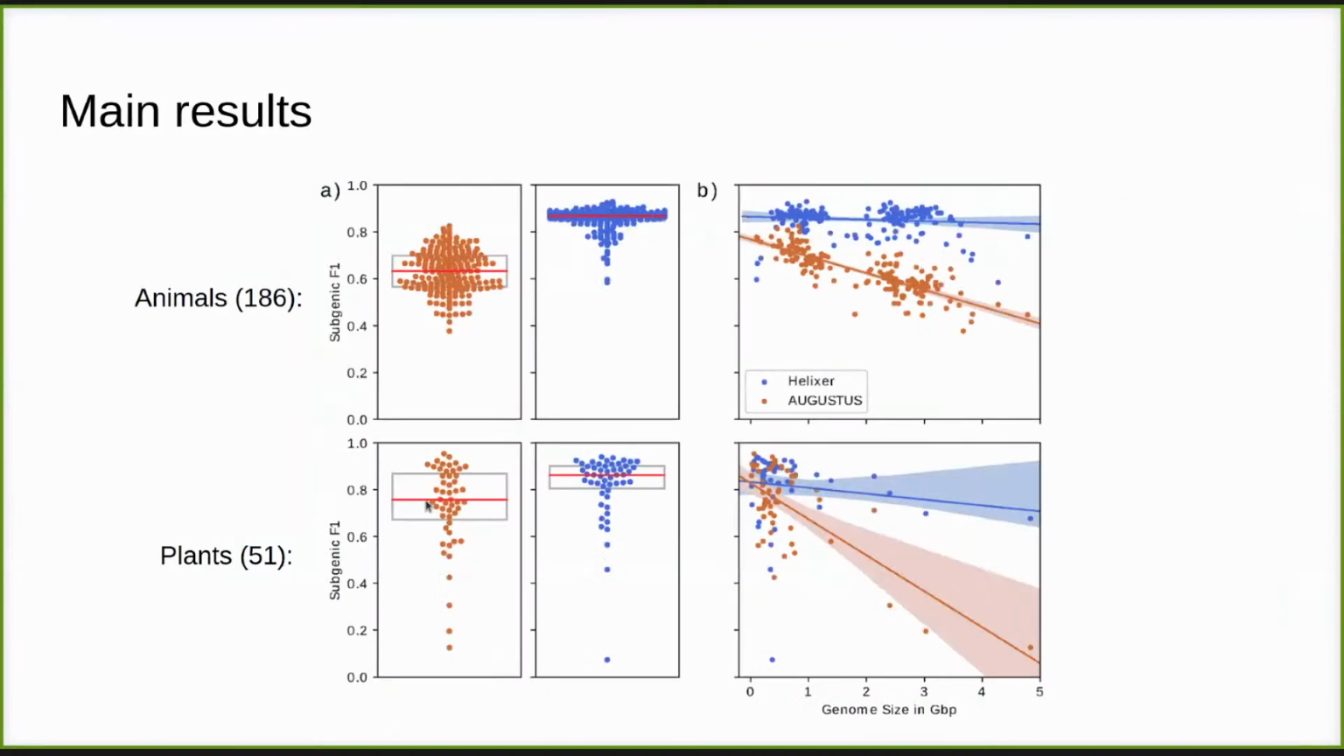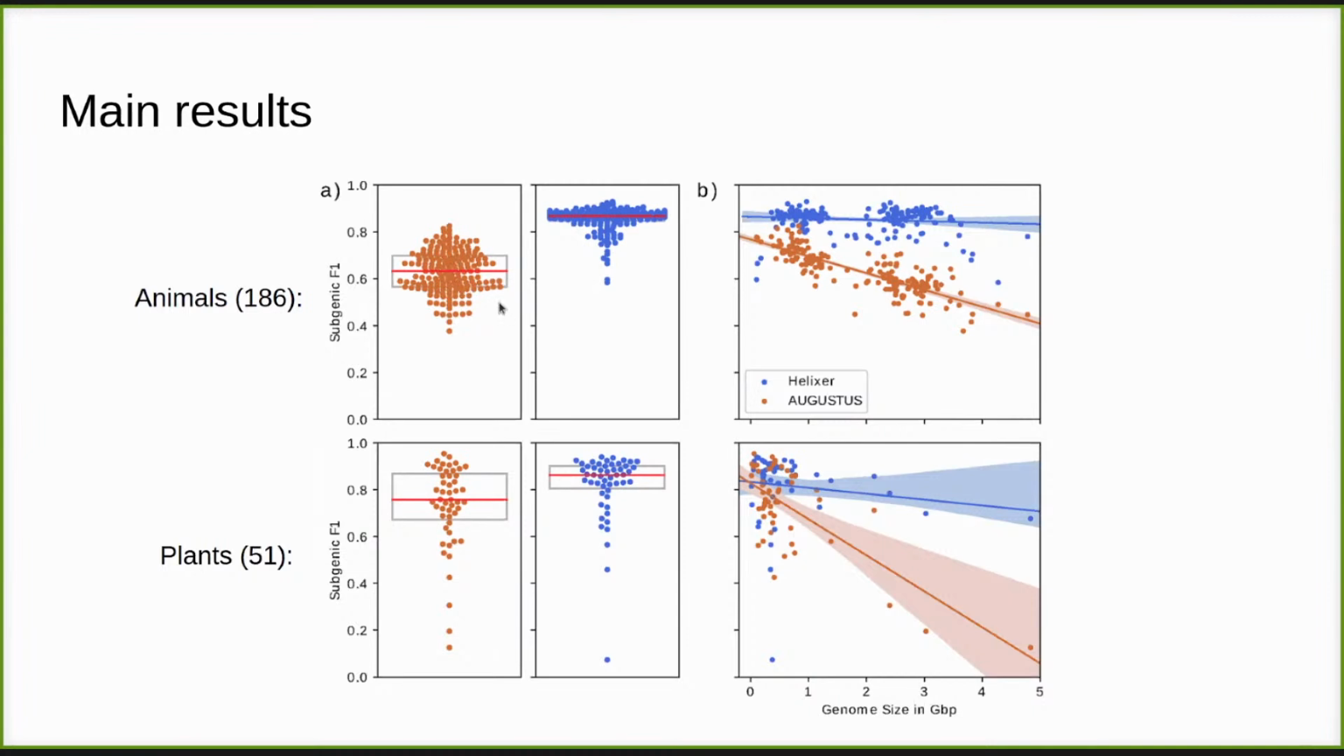And these are the main results. So at the top is for animal genomes, on the bottom is for plants. So we evaluated with 186 animal genomes. And on the top left, in the orange, you see the thing we benchmark against, which is a state-of-the-art gene annotator called Augustus, which is a hidden Markov model. And as you can see, each dot is the performance according to this metric, which has been approved by the reviewers